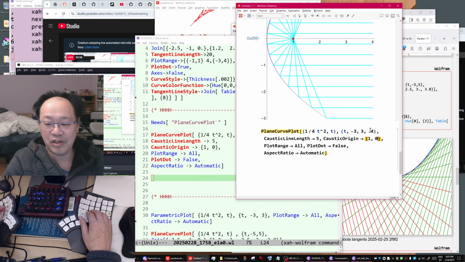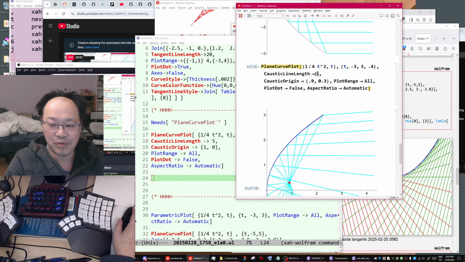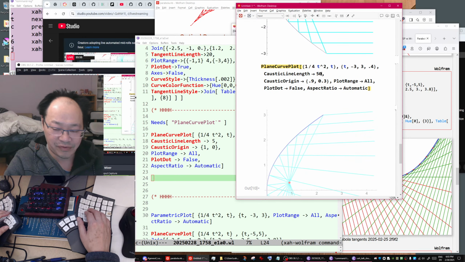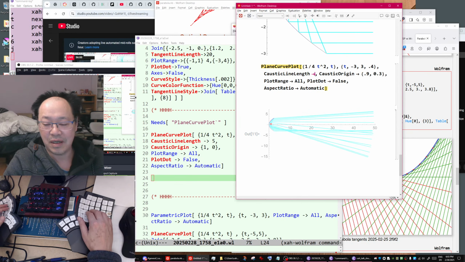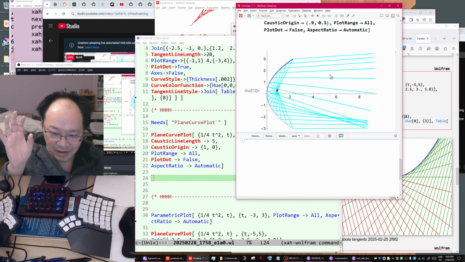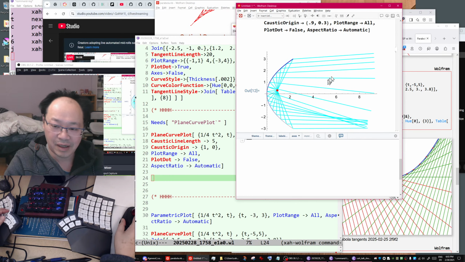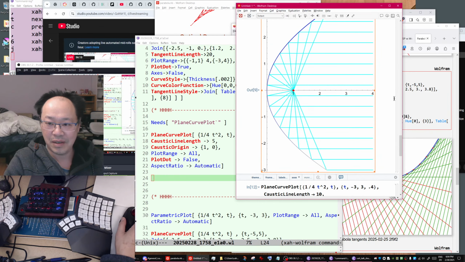If you change this to, let's say, 0.9 and 0.3, shift enter, you see you start to get different things. Let's make the ray longer. Caustic length 50. You see? Okay, 50 is too much. Let's say 10. You see, this is a design of a headlamp and stuff. But this is what we want. Okay, let's copy that.